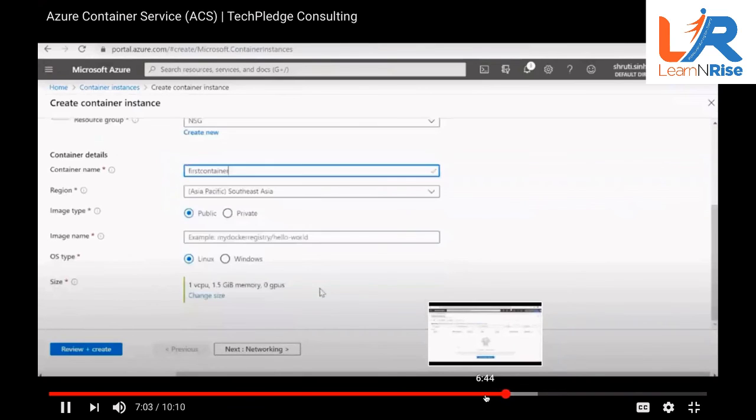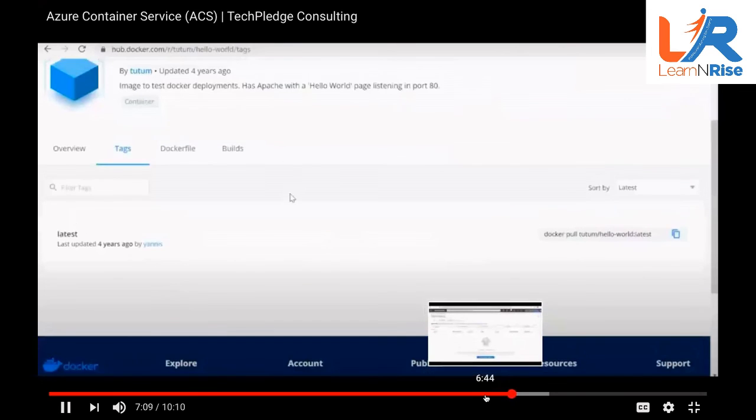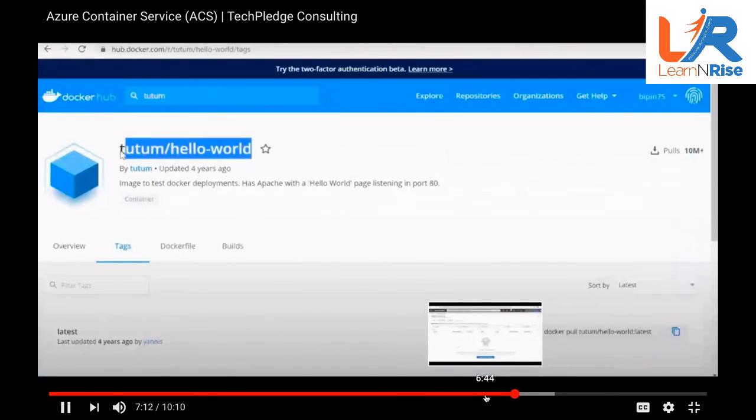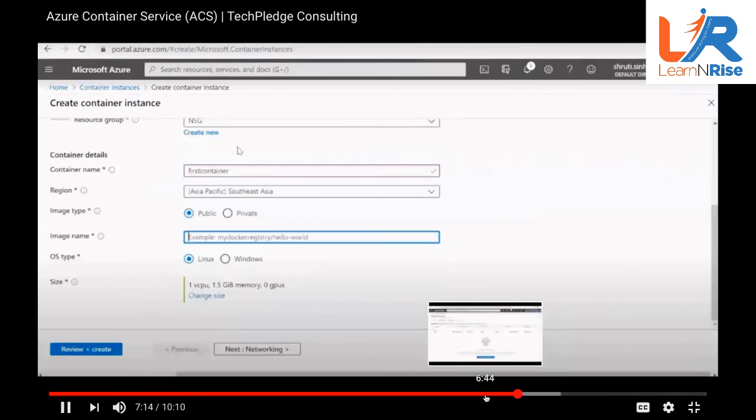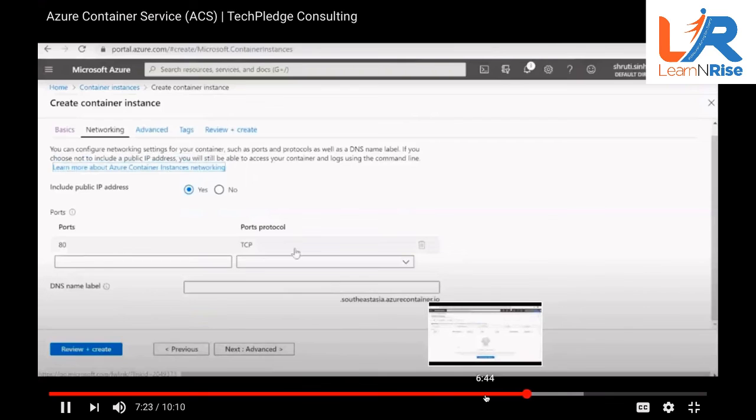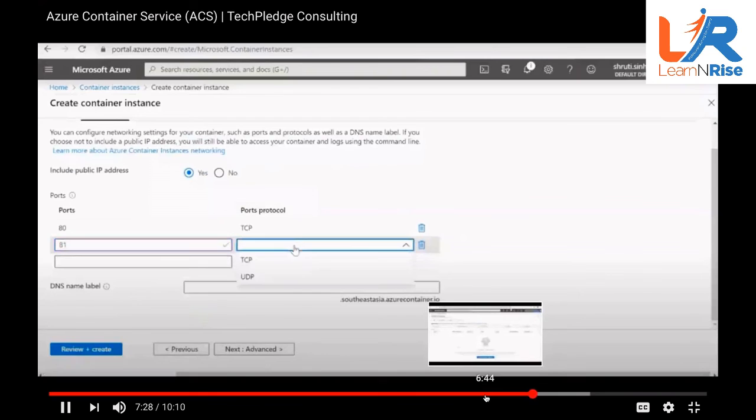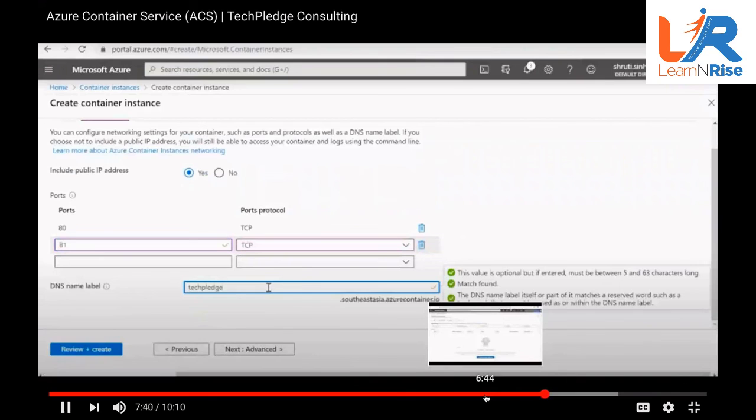And here I'm going to type the image name, tutum hyphen hello world. Same way in Google, just type your image and you are done. I'm going to expose it on port 80. I'm also typing a DNS name so that I can browse by the name also.